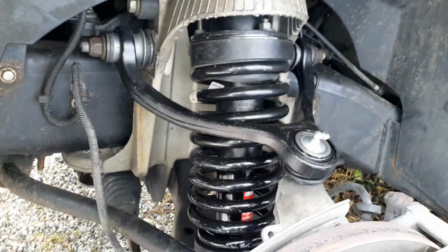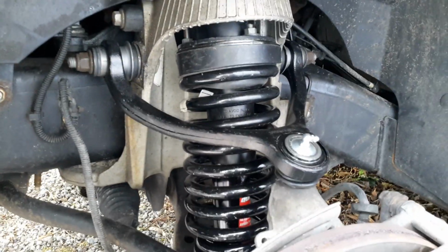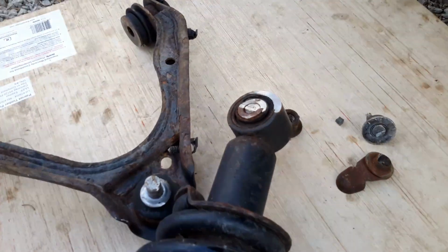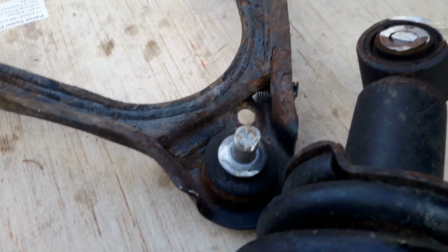I didn't want to disconnect too many things because every time I tried to undo a bolt, it was frozen. I guess you live in the Rust Belt, that's what you get. So as you can see, I had to cut everything. I had to cut the strut out, had to cut the upper ball joint,